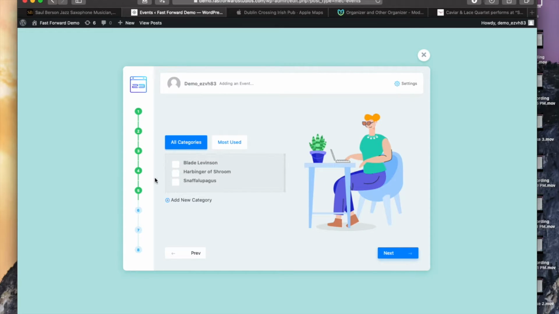And then what category do I want to do? Let's say it's Blade Levison on his own, not in his band, or I can actually do multiple at the same time. So that's going to organize. You can organize all your events by different categories. In this case, I'm using the groups that he's in, or I can add another category here. Hit next,